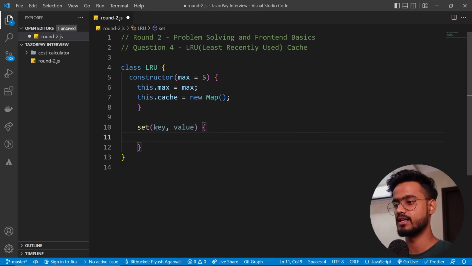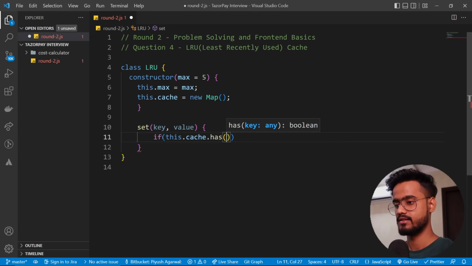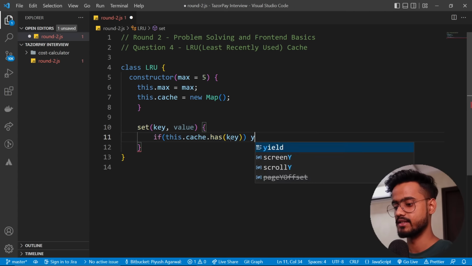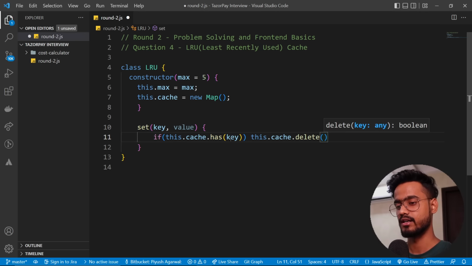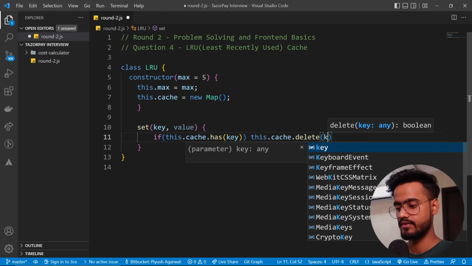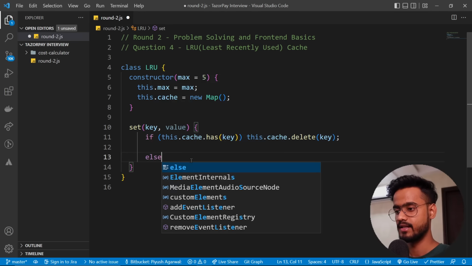Now inside this, first of all, I'm going to check if this key already exists in our map or not. If it exists, then we're going to replace it with this key. So I'm going to say if this.cache.has(key), then we're going to say this.cache.delete. I'm just going to delete it from our map, and then we're going to add it again. And I'm also going to check if this map is full or not. If it's full, then I'm going to remove the least recently used key, right? So I'm going to say else if